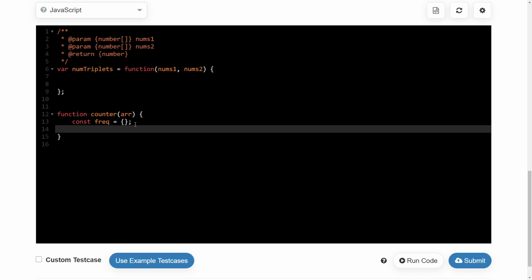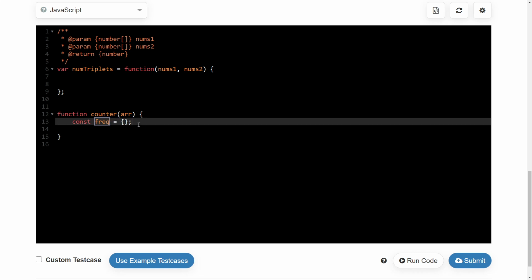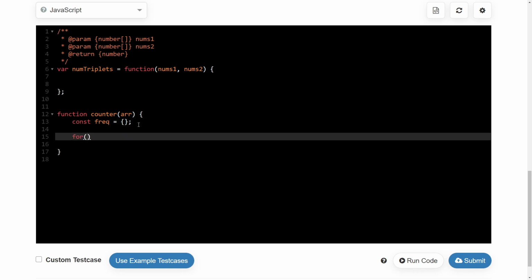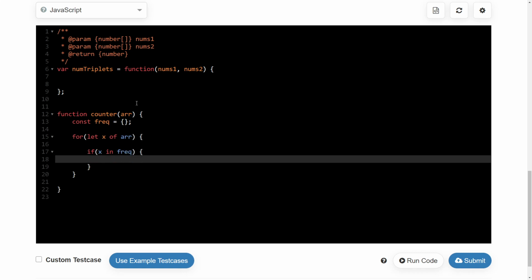So for every element in the array, this frequency map should be able to give me how many of each individual element there are, right? So that is easy. You can implement this in multiple ways. In Python, I think Counter is already inbuilt. So we iterate over all elements of the array and see if x is already present in frequency, right? So basically we have already visited x.